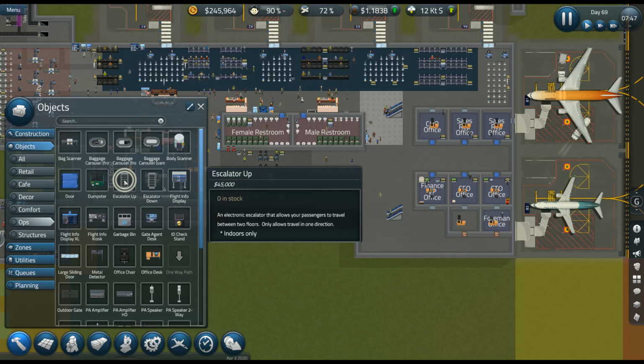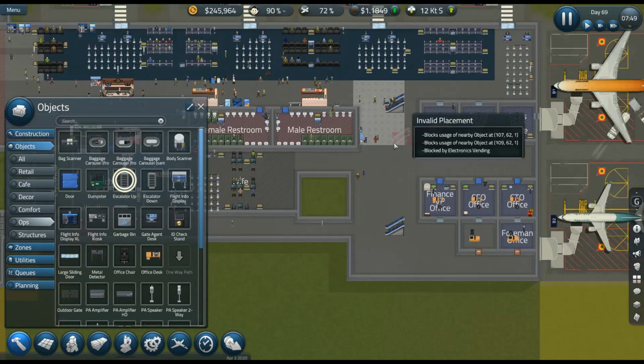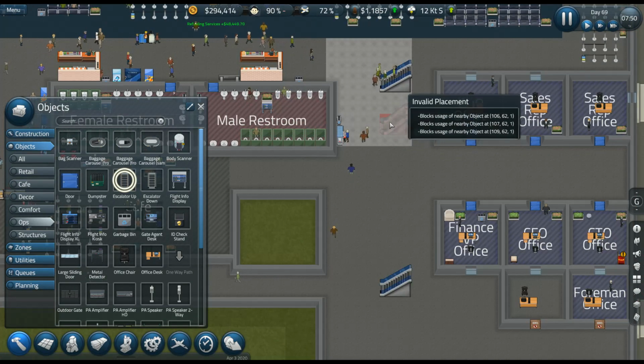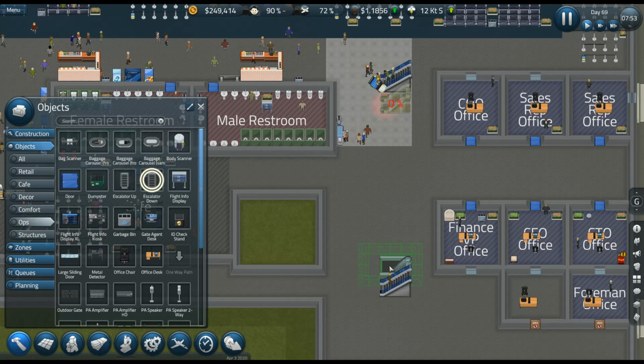Escalator up. Now, I'm assuming this has to go on this floor, right? Yeah, it certainly... All right, so I want to put an escalator up there. And then I want to put...